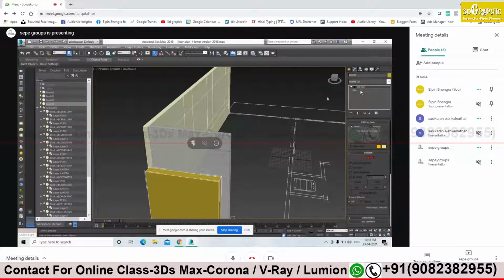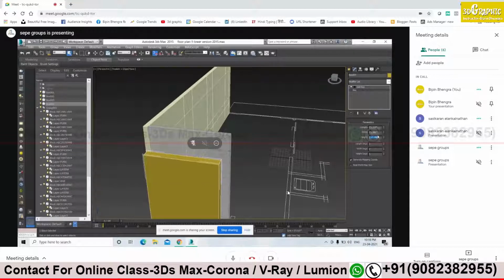Click on the box. Below the edit poly there is a box option, no? Yes, click on the box. Now change the height. Just calculate how much height you need. You got the height. Yes, correct.